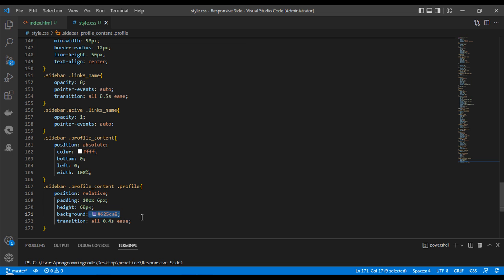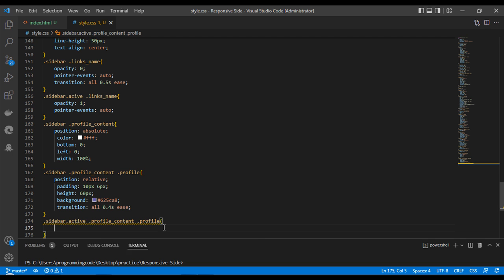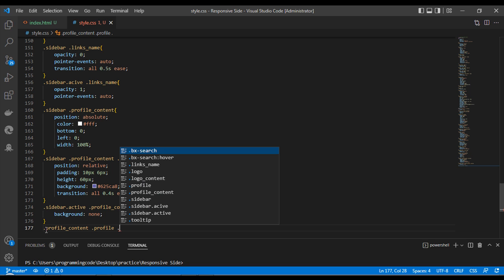And it's the design of this profile content and profile picture or profile user. For this one you can select and format, and you can select this space from the left. And we are going to make this sidebar, this profile, active. For this one we just copy this and write this active, dot active. Inside the set for background, it does not have any background, so we can select none. And now we copy this one, profile content dot